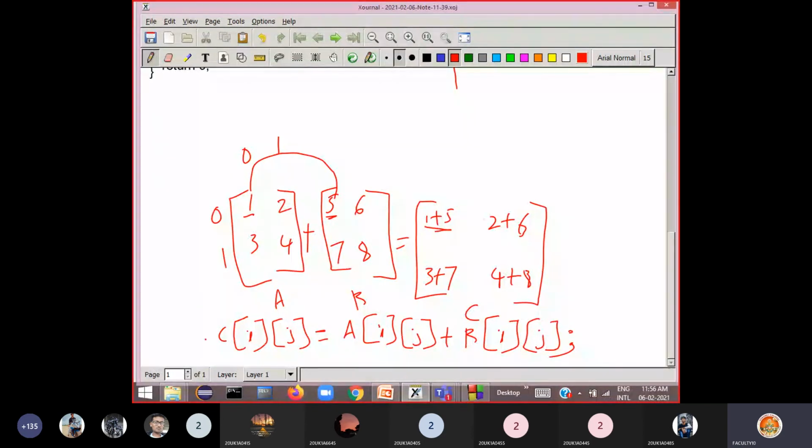If you keep this statement inside the two loops, then it adds each element one by one and stores the result in the C matrix. Then you will get the resultant matrix in this form.